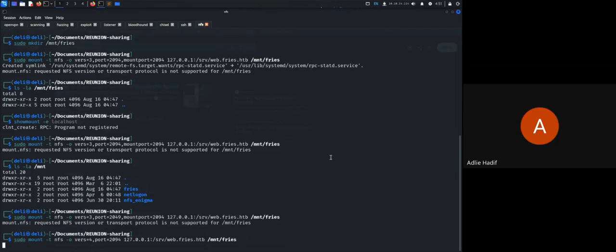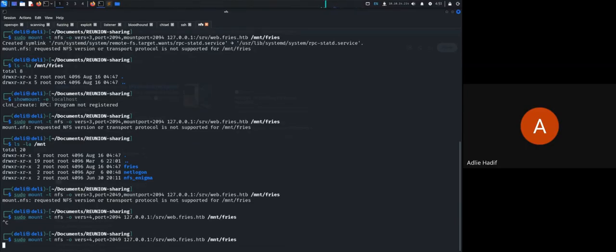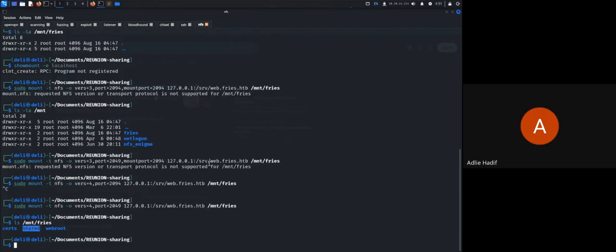How about this? Yes. Okay, we'll do this. Oh, looks like it worked. Okay, nice. So we mount the NFS and we got